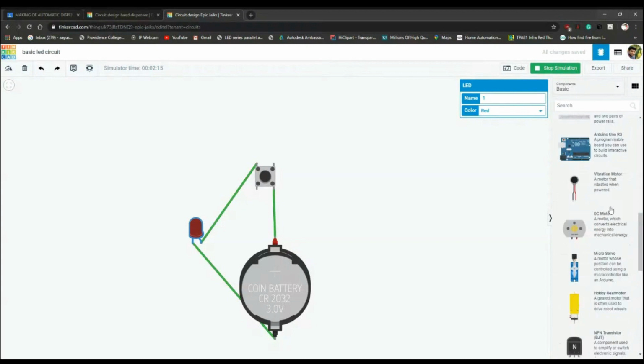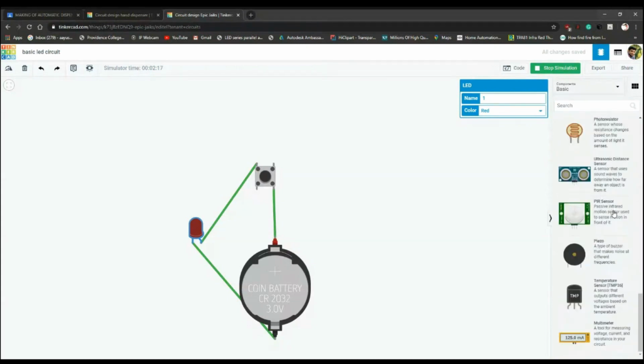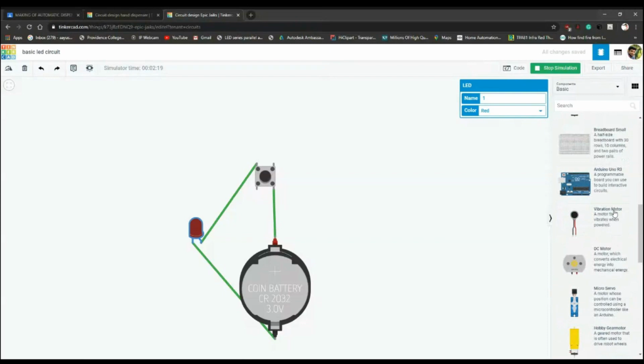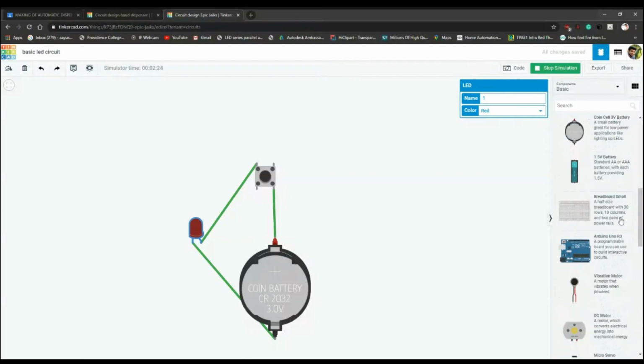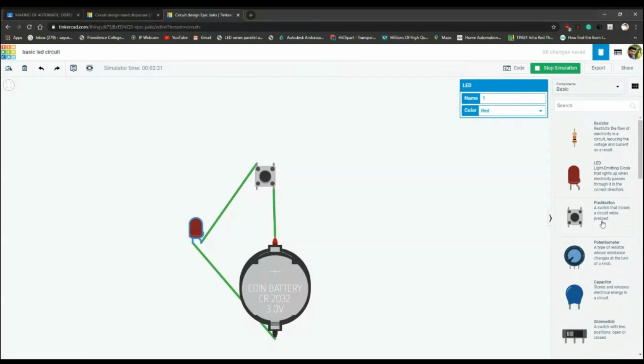For each and every object there is an explanation: how they are used, what projects you can use them in, and the purpose of that specific component. These are very useful for starters in electronics and electrical projects.